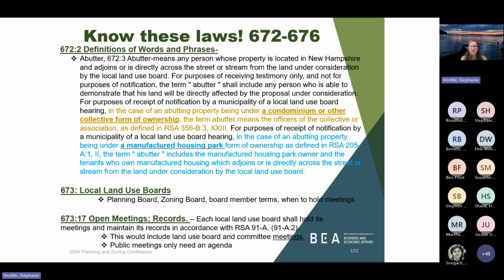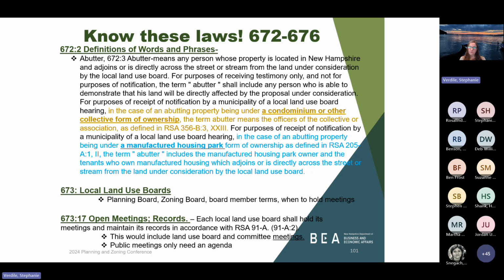You may have condominium owners coming in saying, how come I wasn't noticed of this application going on? You can point to the law to say the municipality has done their job. They have noticed by law the condominium association. It's the association's responsibility to disperse the notice how they see fit to the other condominium unit owners. So that's not a responsibility of the town. The town, through the applicant, has met the responsibility by noticing the condominium association. You do not have to notice every condominium unit owner.